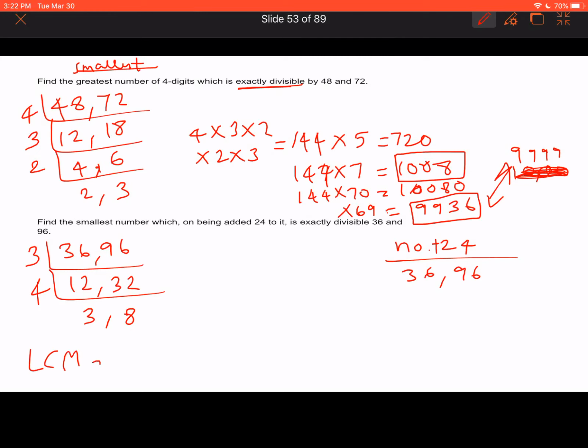So the LCM is going to be 288. But they want a number which only after adding 24 is going to be divisible, right? So what we have to do is simply subtract the 24 from 288, which will become 264. Okay, so the smallest number which when added to 24 is divisible by 36 and 96 is 264. So we have to keep an eye on what the question is asking for. Okay,